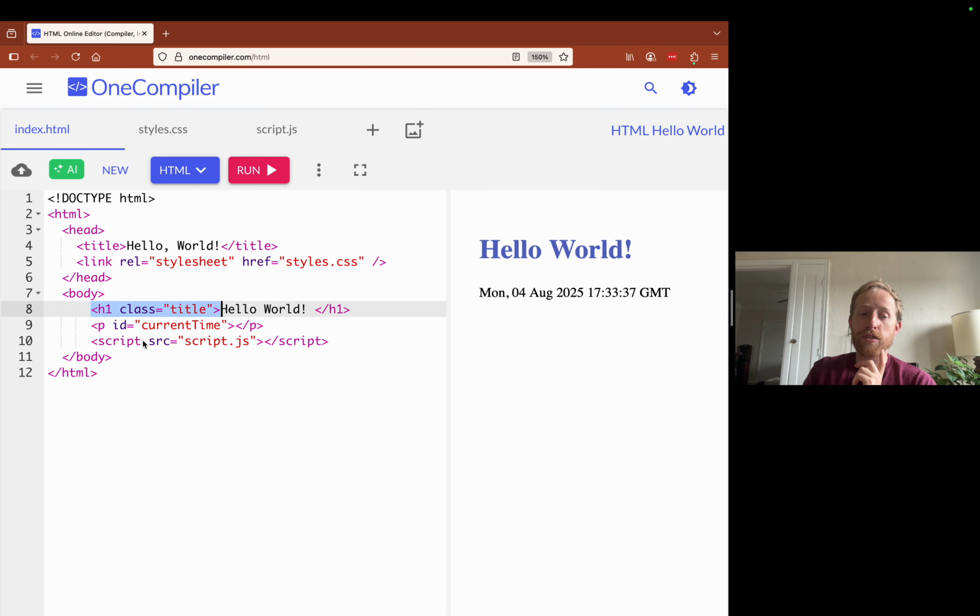The other thing you may notice is that in the opening tag you can add extra information, which we'll come back to. You can see this says class title. I'm going to take this away, and you're going to see this looks a little different over here in a second. If I get rid of that information, it's now not colored. So you can add extra information to opening tags. The closing tag is always just a closing tag.